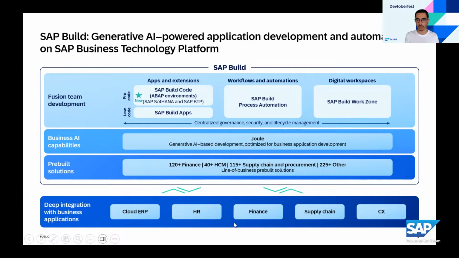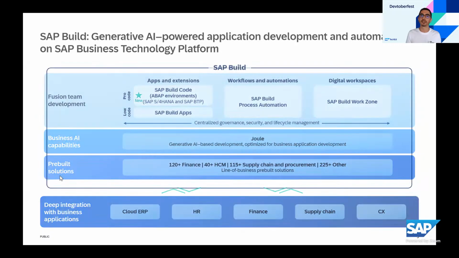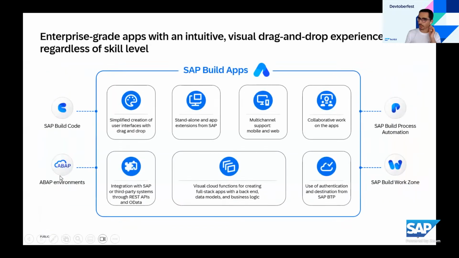And regarding SAP Build Apps, we have different capabilities. To make it from, let's say, a high level: with SAP Build Apps, you can create native mobile applications or web applications in a low-code, no-code fashion. So basically, you drag and drop the UI components to create some UI elements. You drag and drop the logic components to create a logic flow, and then you can create some standalone applications